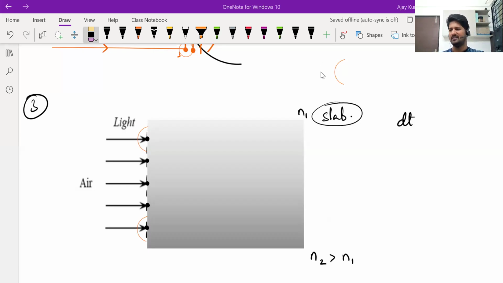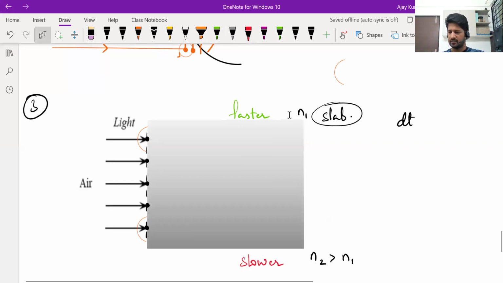Okay. See, how far the disturbance propagates in a certain amount of time depends on the speed with which it is propagating. Now, the refractive index of the glass slab increases as you go down. Refractive index is inversely proportional to speed. That means the speed of light is faster in the upper layers of the glass slab and it is slower in the lower layers of the glass slab. Refractive index increases as you go down means speed decreases as you go down. So if you draw the wavelets on the right side,